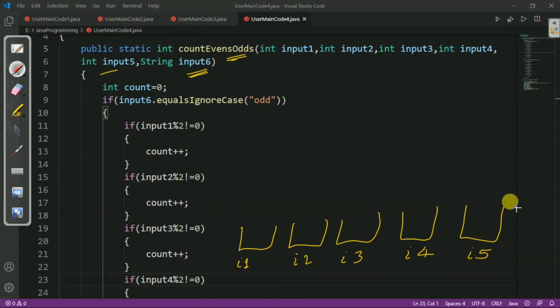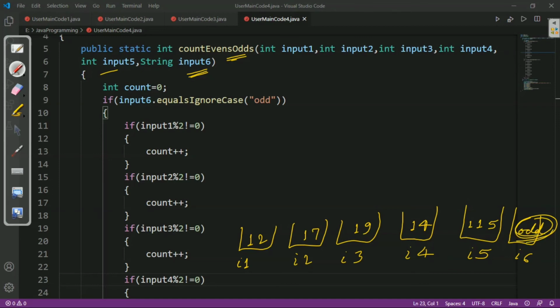So, we will take I6, and initially I6 is odd, and let us take the inputs which are given in the question. So, let us take 12, 17, 19, 14 and 115, and the sixth input is odd.